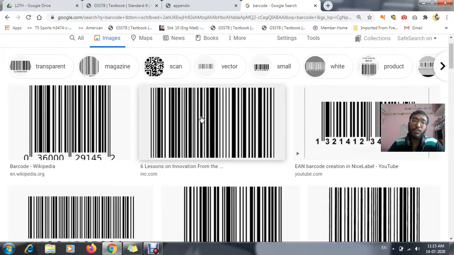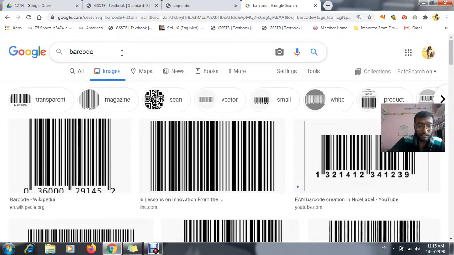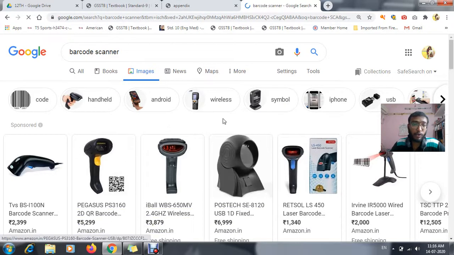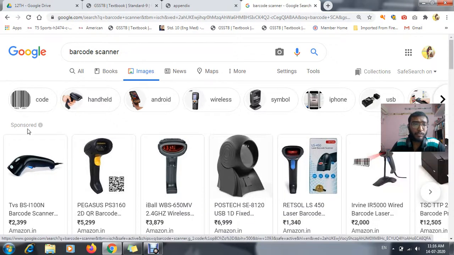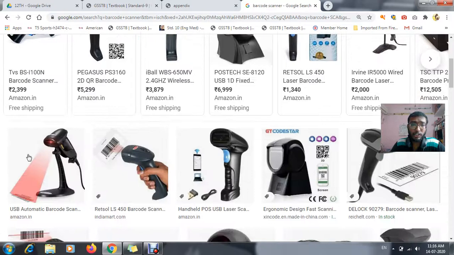So we use a barcode scanner. I hope you all have seen this barcode scanner in supermarkets, like DMart, wherever we go. There is a red line, infrared light, which scans our barcode and detects which product it is, what the price of that product is, and its manufacturing date and expiry date. We get each and every small piece of information from that barcode.